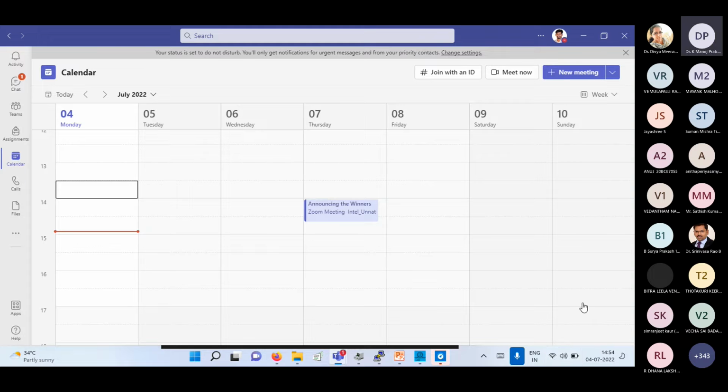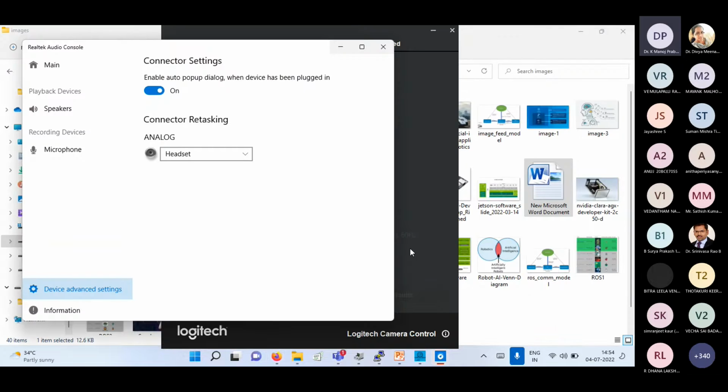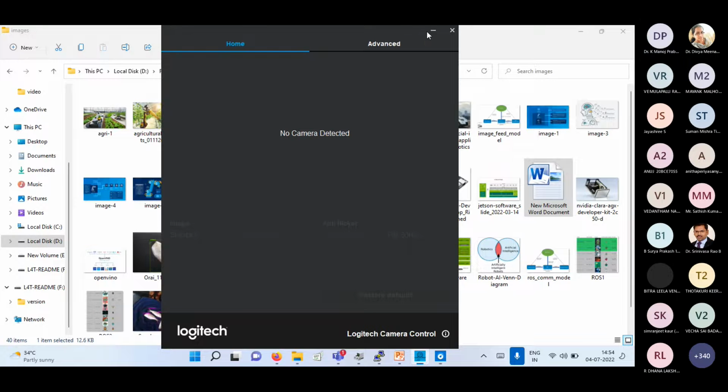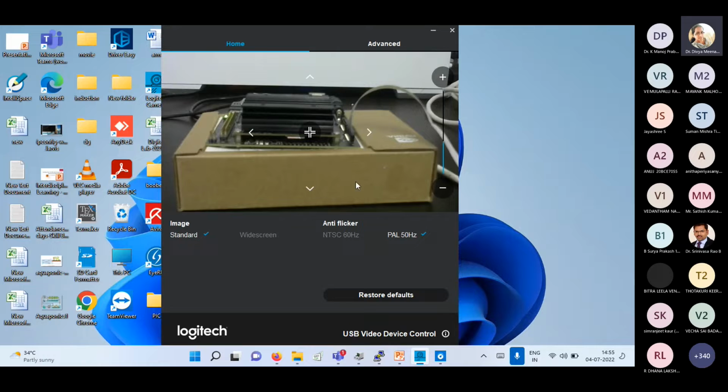I'm just showing the demo of the Jetson and how it is working with deep learning techniques. Is my screen visible now? Yes, sir, it's okay now. Okay, fine. Let me share one more screen.